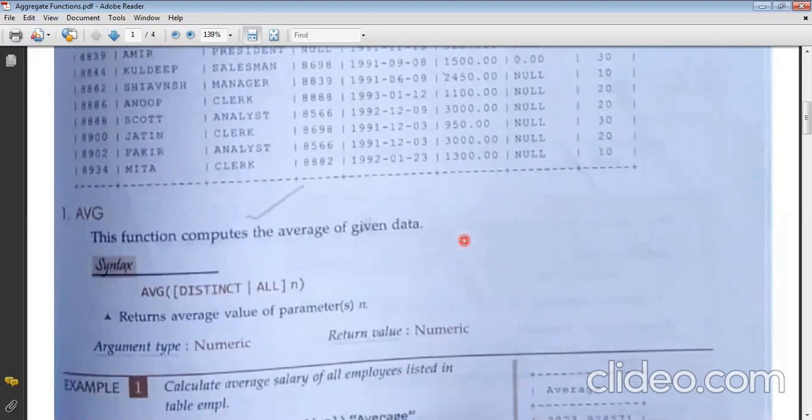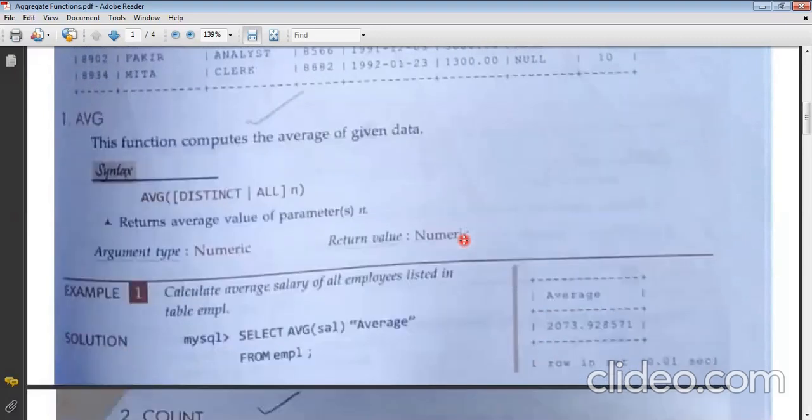But there is a difference when you do not write it, like if you use the asterisk sign. I will tell the difference in the function count, which would be more clear. But here, the query is absolutely correct. You can write it like select average salary. Since we have not written anything, by default, it will take ALL as a keyword and all of the values